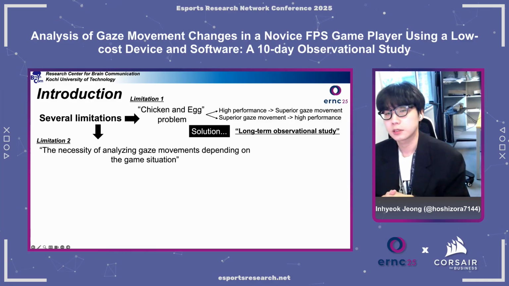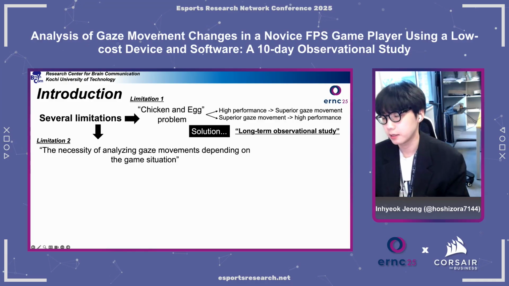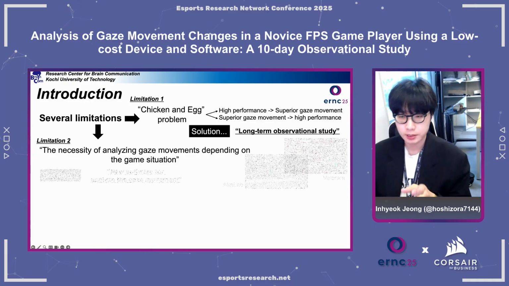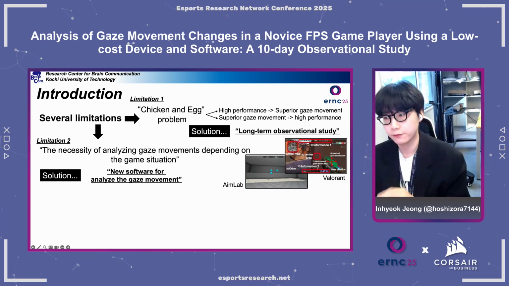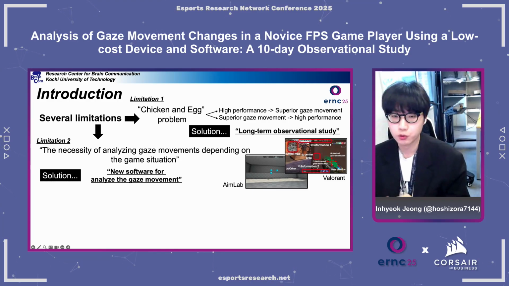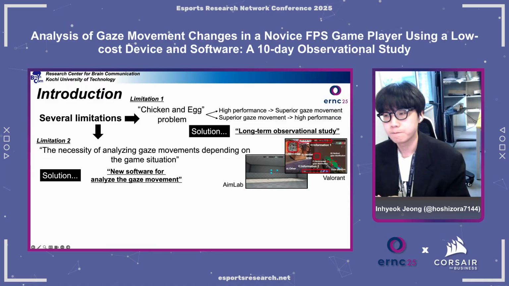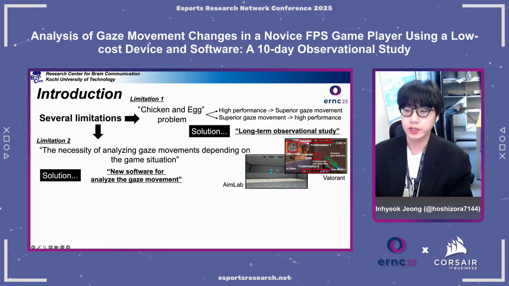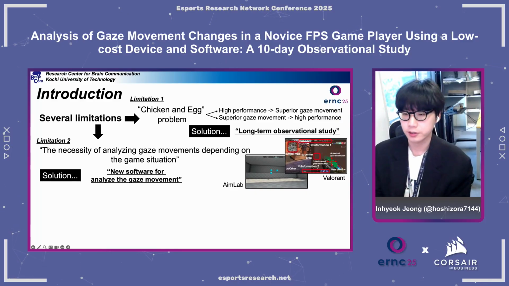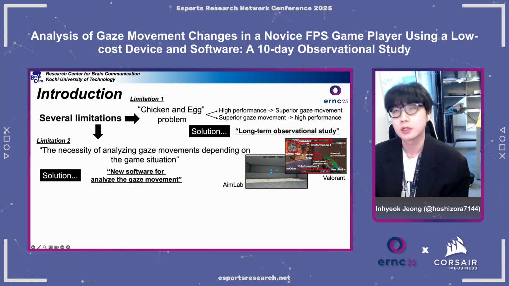And the second problem is the necessity of analyzing gaze movement depending on the game situations. I mentioned it before. The movement was changed based on the game situation. So the new software for analyzing gaze movement might solve this problem. Like the gaze movement differed based on the game situation. When they need to focus on the center part, the gaze became narrower, and when they need to move their character,